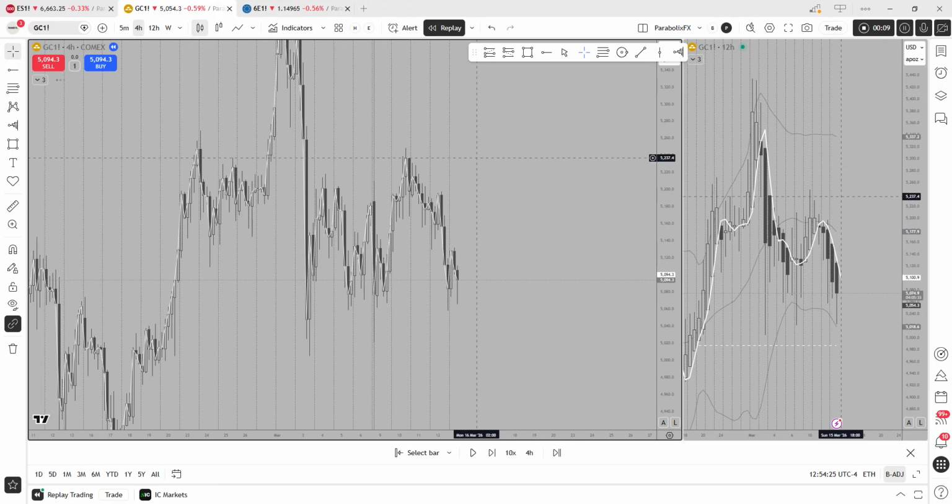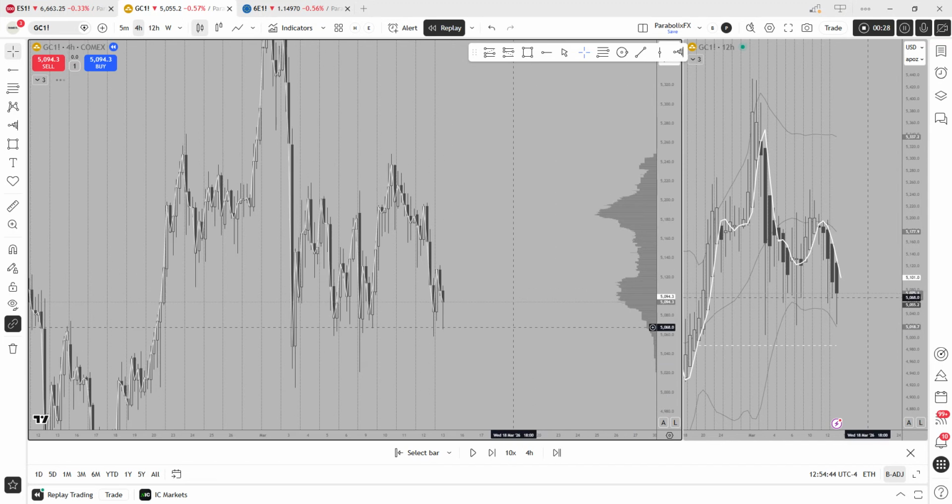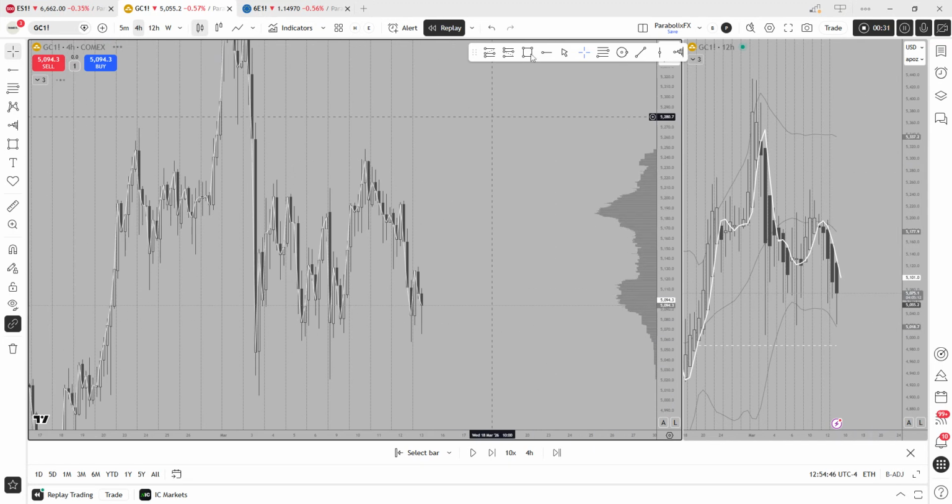So basically, what I'm doing at the moment is I've got this anchored volume profile. I've got it set for the week, so it starts on Sunday. You'll see a Sunday at 6 when the market opens for the week, and then it's just developing as the week goes. So how I'm using that is I'm basically drawing my